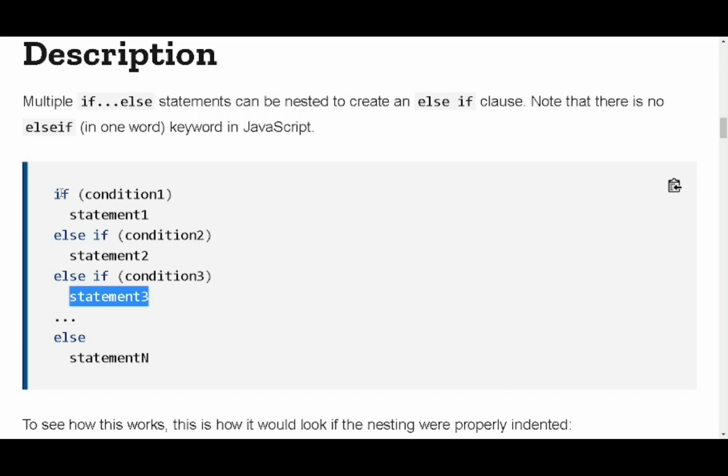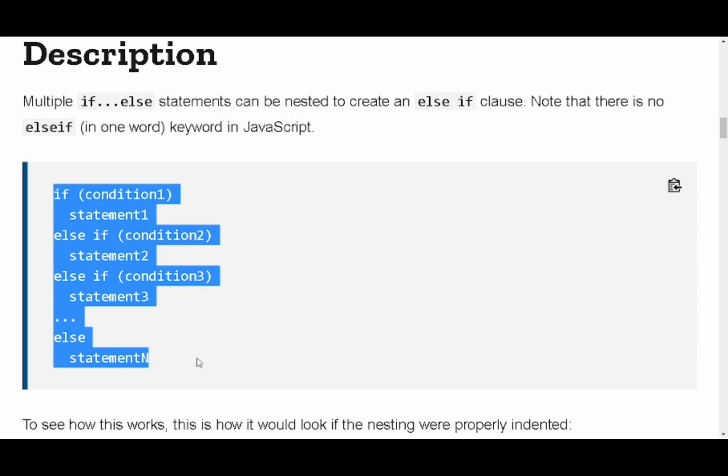So this is the configuration or method that we can adopt if we need to do multiple condition checks.